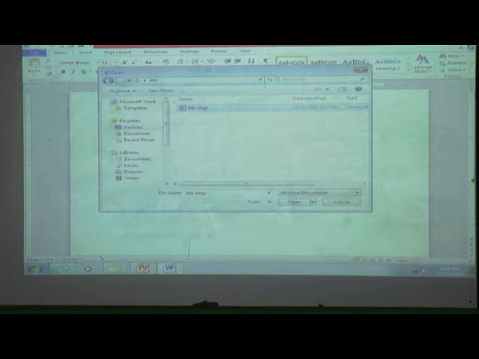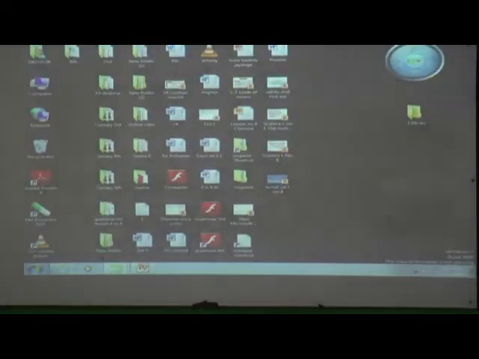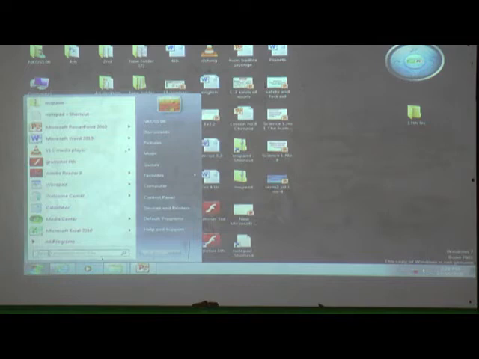You can see the file here. When I click here, this file name appears, and then click on Open. This is the file we created. Yes or no? Yes. We will see one more time how to open an already existing file.